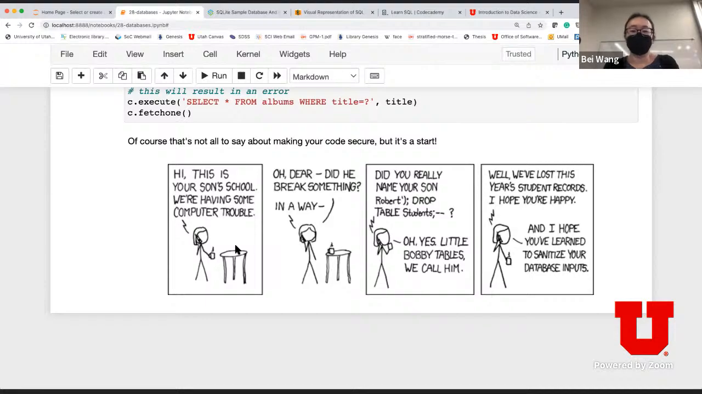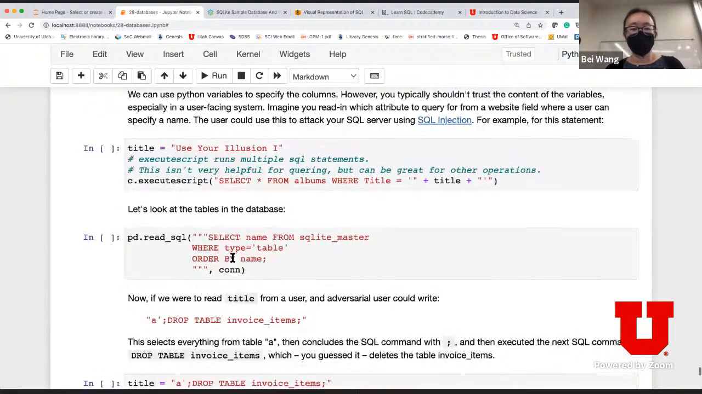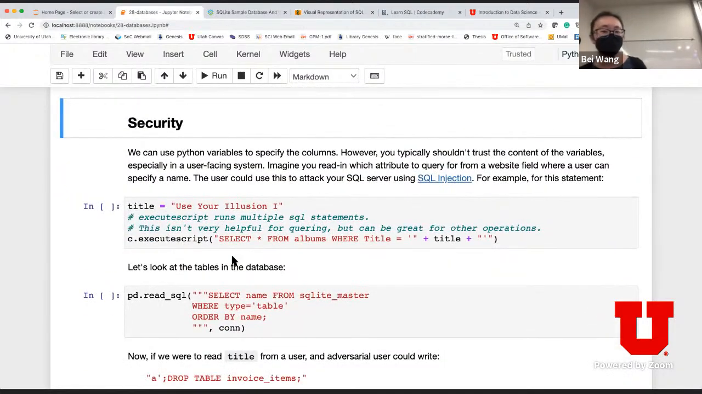And because of that, they lost all the students' records. All right, what does this mean? When you actually execute a database query, you have to be very careful how you design your database. One of the very dangerous things to have is to allow the user to have part control over the SQL query